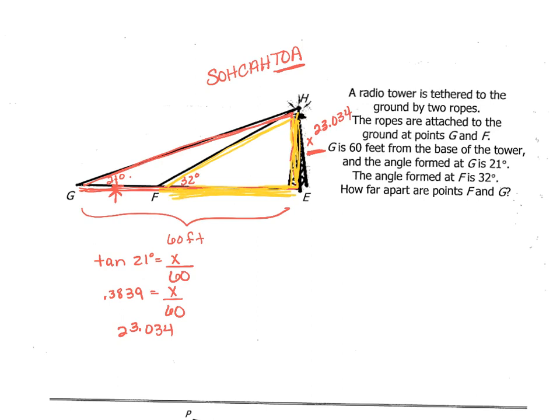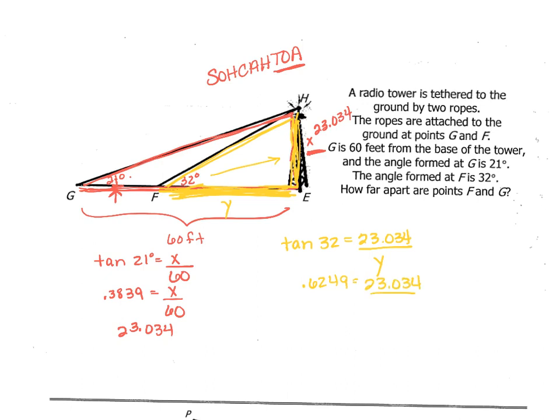find this horizontal side, which will allow me to subtract that from 60 so that I get the side length that I need. So in relation to this 32, I have opposite, and I need adjacent. Well, that's tangent again. So tangent of 32 degrees equals the opposite over the adjacent, and I'm going to call that y. So the tangent of 32 degrees is 0.6249 equals